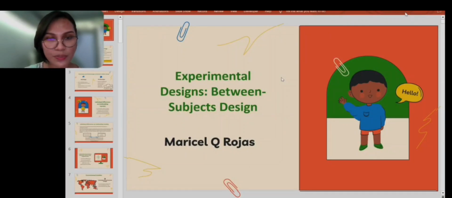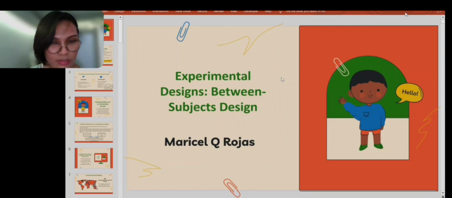Presenting this topic, experimental design: between-subject design. Experimental design is fundamental because it allows researchers to systematically investigate cause-and-effect relationships. It also involves studying different groups of participants who are exposed to distinct experimental conditions or treatments. Here, it compares the outcomes of these separate groups to draw conclusions about the effect of the independent variables